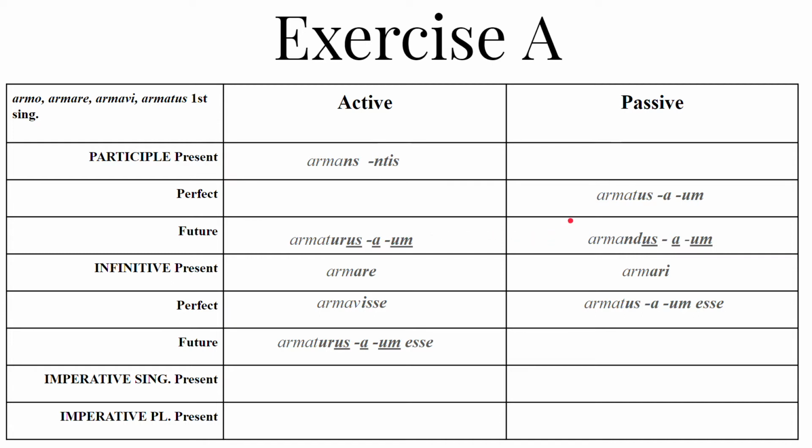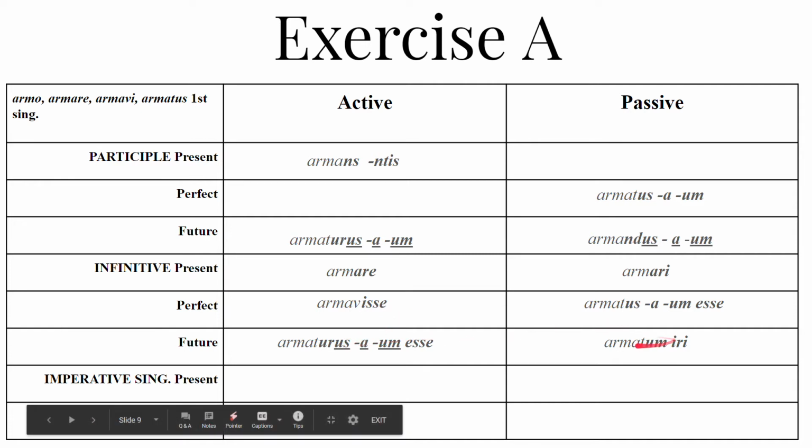And the future passive infinitive is the fourth principal part, but change that us to an um. It's always going to be um, never changes. So armatum. The helping verb is iri, the present passive infinitive of eo, ire. Even the Romans used go for the future tense. I'm gonna head out. I'm going to. We use going for the future tense. Most languages tend towards that at some point, and Latin is no exception. Armatum iri. To be about to be armed.